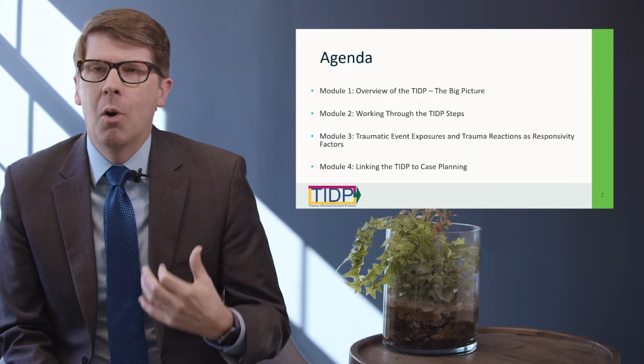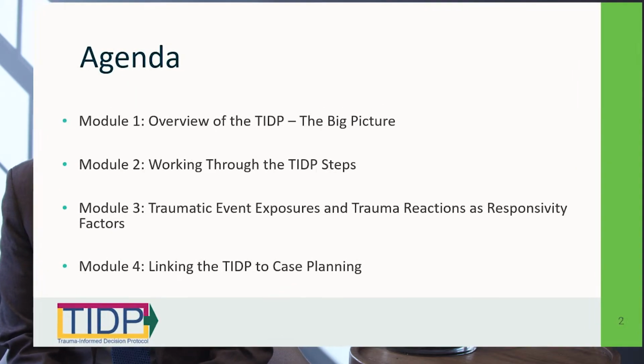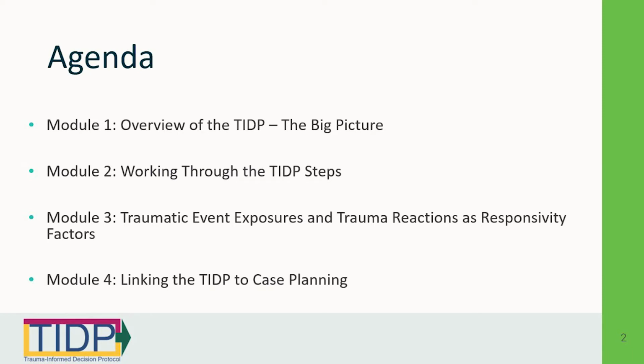But I'll start with just a little bit of a roadmap for where these four modules will be going. In the first module, I'm going to start with just an overview of the TIDP. This will be referencing kind of the big picture. It's where we are at in working with Pennsylvania in terms of the overall trauma screening expansion project. And so this will be revisiting some key components, some key pieces of information that has set up and has been informing the entire project. And then we'll do a brief introduction to the Trauma-Informed Decision Protocol, or what I will be referring to as the TIDP through the rest of the presentation.